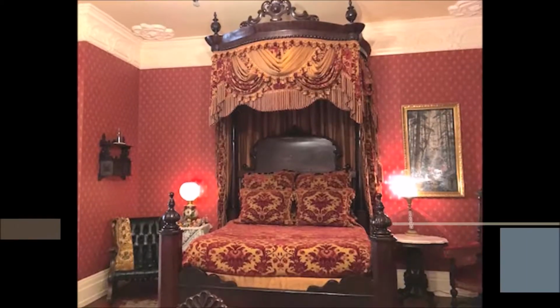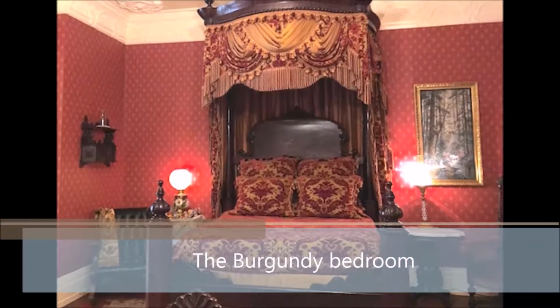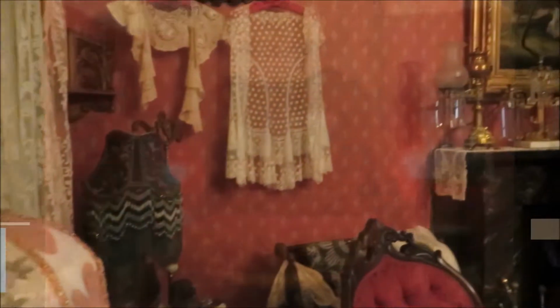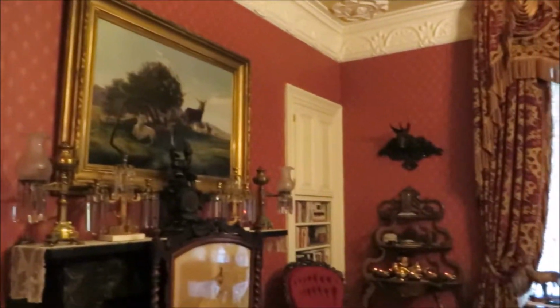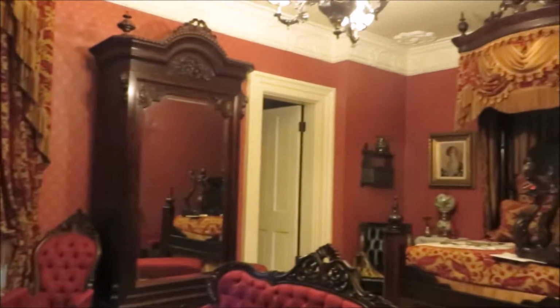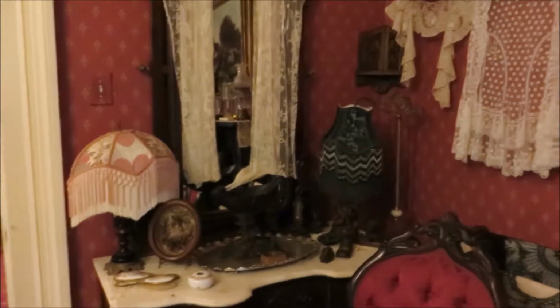The Burgundy guest bedroom is a wonderful room. We did the wallpaper in here and the crown moldings, the bed treatment and the window treatments. We feature a wonderful Swiss net applique lace on the windows in this room. And included are a number of things that were a part of everyday life back then,